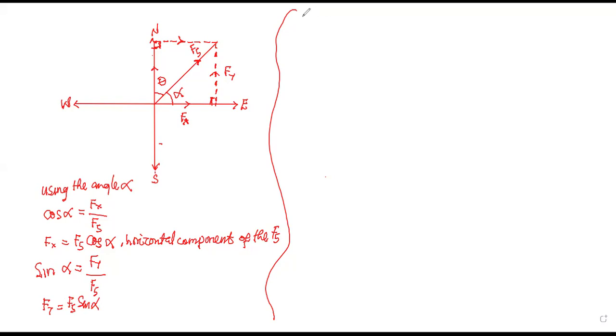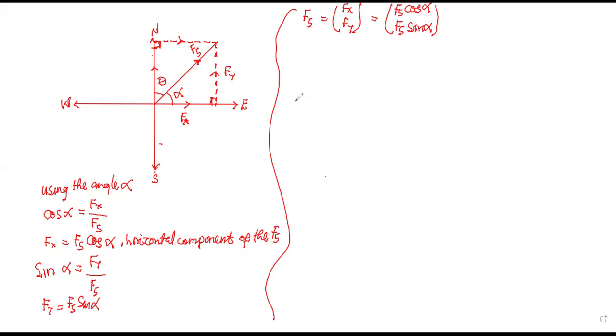And so in representing F5 to its vertical and horizontal components, we have Fx as F5 times the cosine of alpha, then Fy is also F5 times the sine of alpha. These are the components of the force